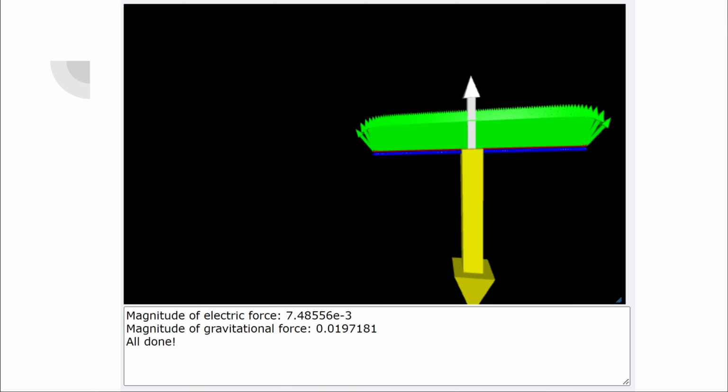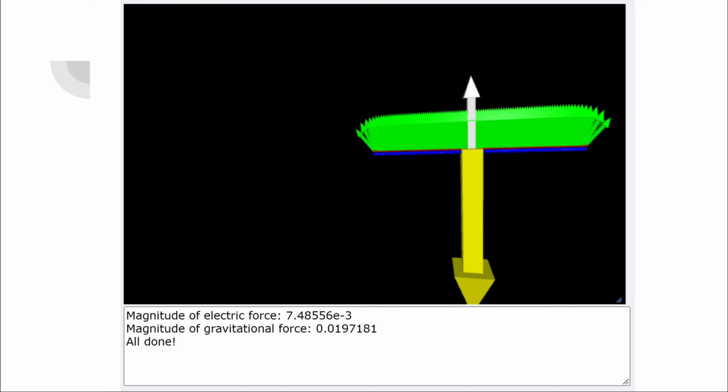This is the first image. The image is a bit tight due to the small separation distance I had recorded from Lab 1. If you look closely, you can see the red line on top, which represents the top part of the tape, and the blue line on the bottom, which represents the bottom part of the tape. The yellow arrow represents the gravitational force. The white arrow represents the electric Coulomb's force between the two different tapes, and the green arrows are the electric